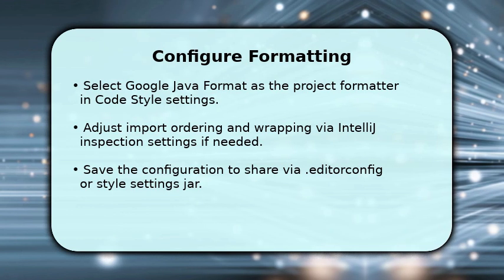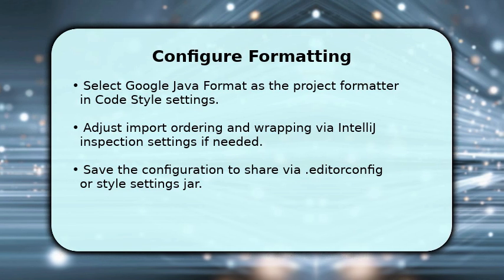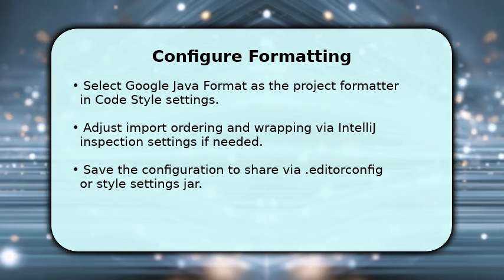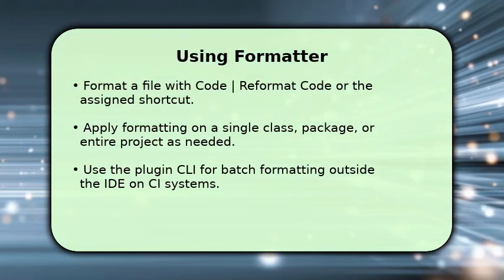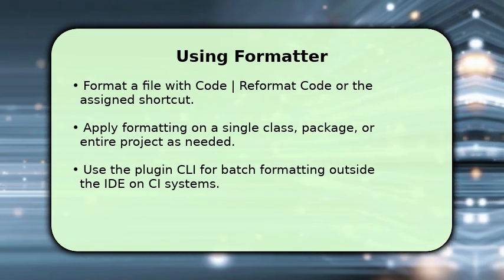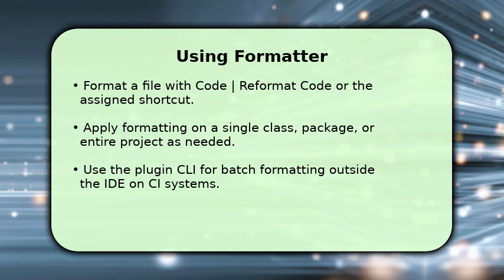Test formatting on a sample class, fix any inspection issues, and commit the configuration to keep builds and reviews consistent across the project. Use code reformat code or your shortcut to format a single file or multiple files at once. For larger changes, run the plugin from the command line or configure your CI to apply Google Java format before